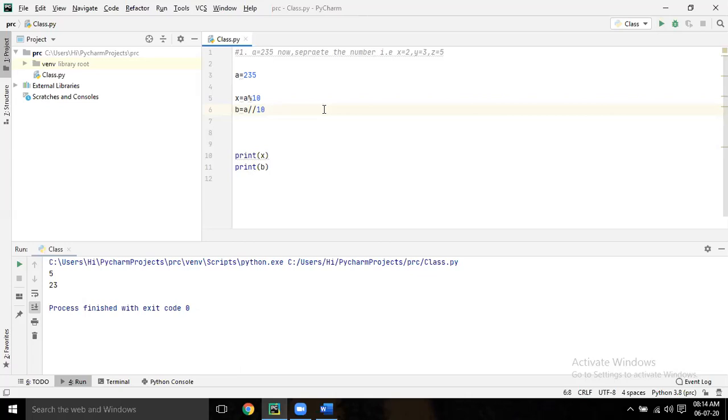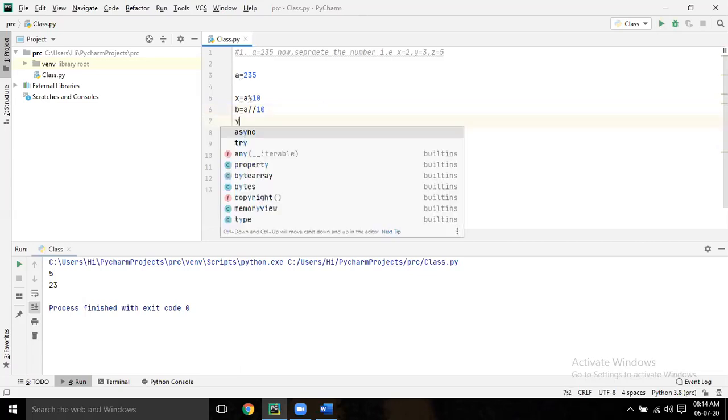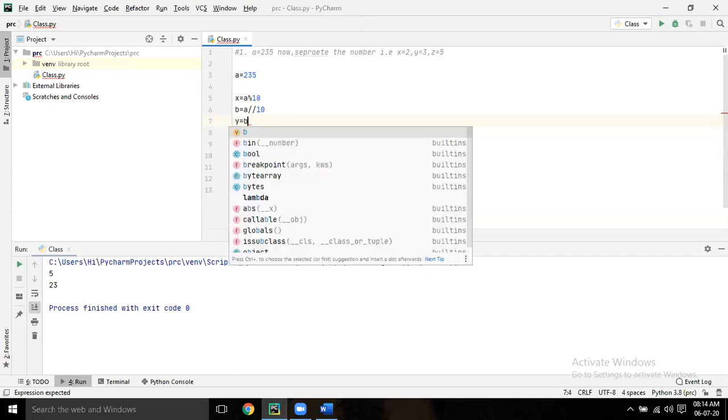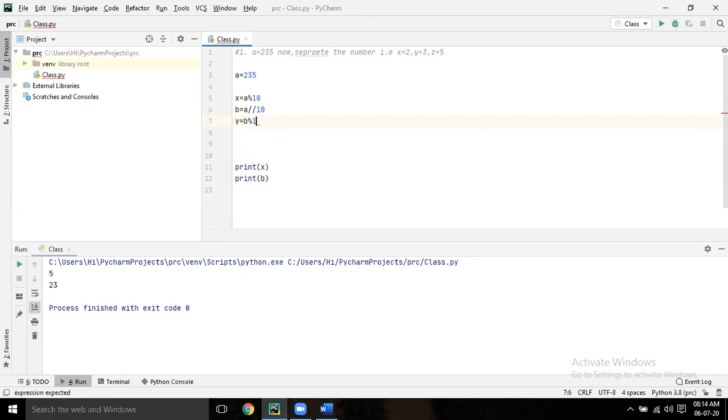Now you have 23. From 23, how to get 2 and 3? Again the same thing. y equal to b modulus 10. You have to take b, not a. Now b equal to 23, so b modulus 10 gives the last digit, 3.